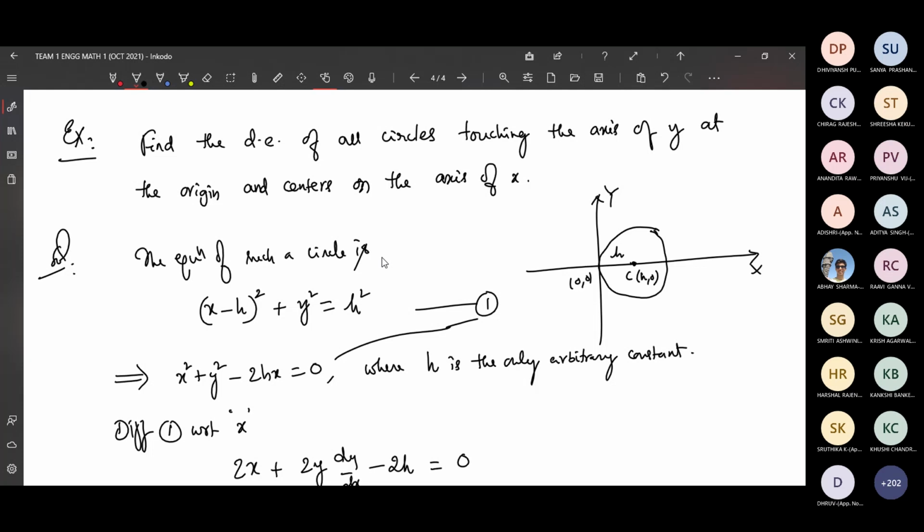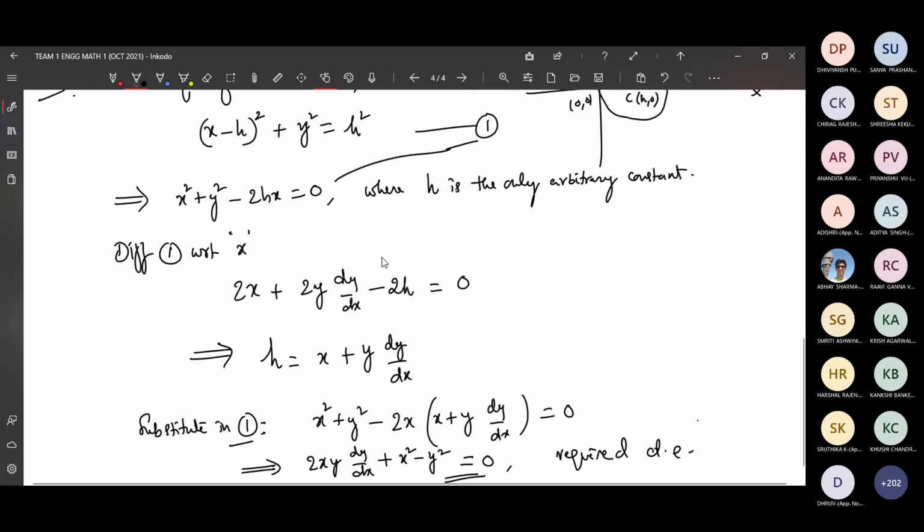But if we take the negative side, the answer would be the same, right? No, the answer can be different. The equation representing it may come as minus or plus times the other one. Maybe you can try that: with x plus h you will get the equation of the circle, and you differentiate once, that is also the same because you have only one constant. Again, keep it touching the y-axis and try. On the left-hand side the center is at the point minus h comma zero. But anyway, the answer is coming the same.